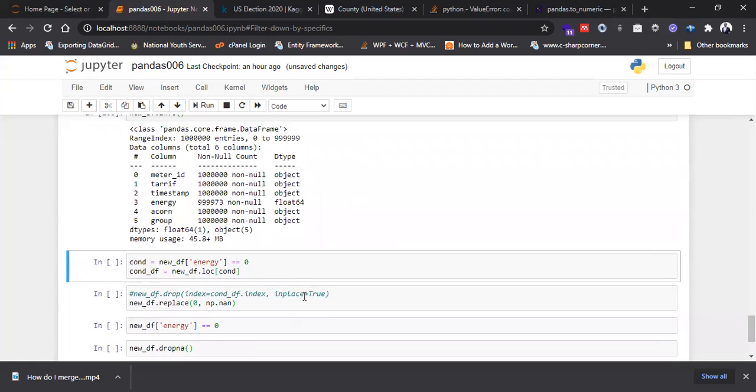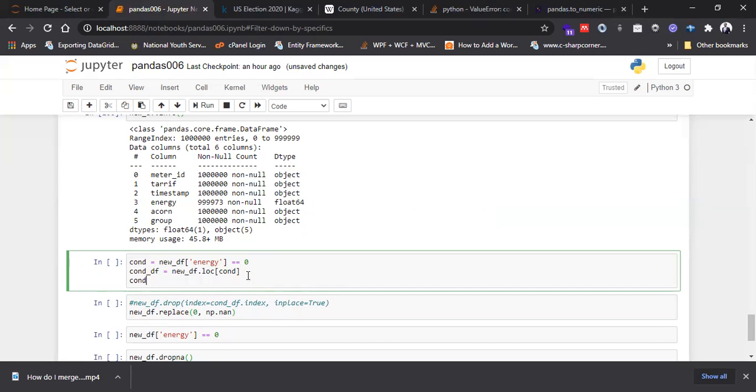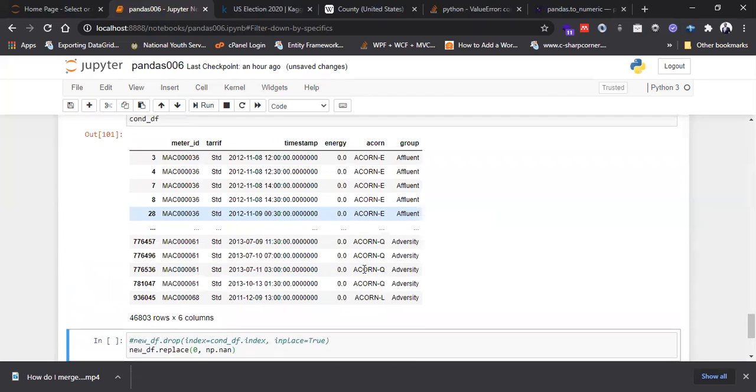So to just touch a few things before we wrap it up, just like we're looking at filtering, what if I want to see those energy values that are actually zero? As you can see, here is my condition: if the energy column is equal to zero. I pass this condition into my new df.loc. And if you want to see that, let me just show it to us. I run this, so you can see